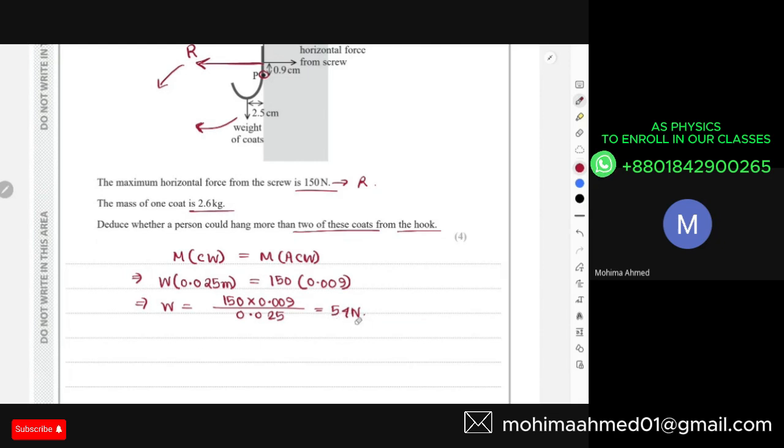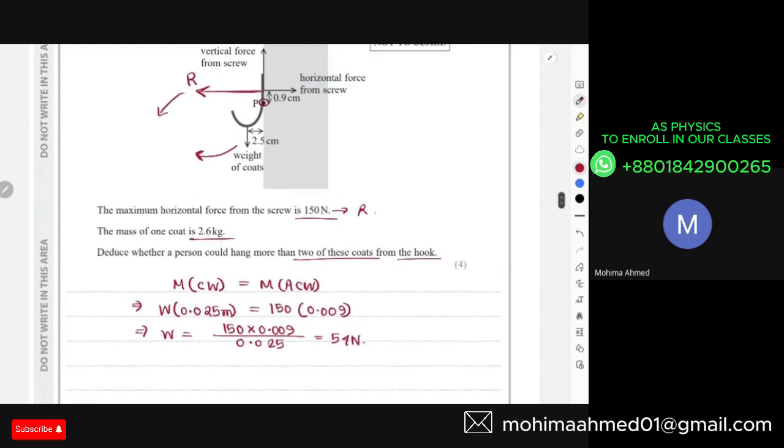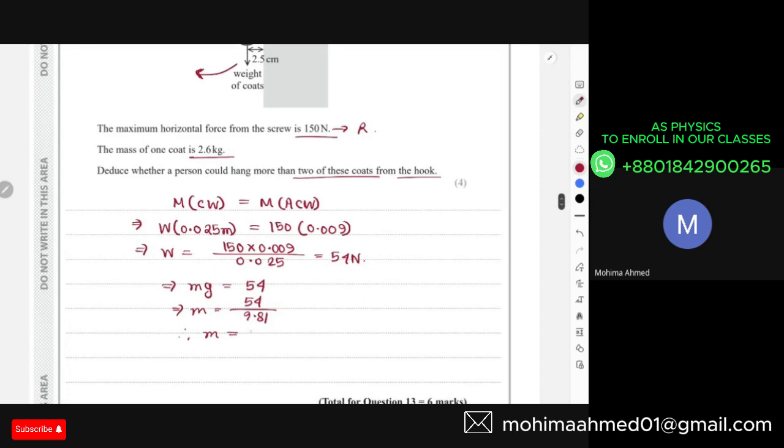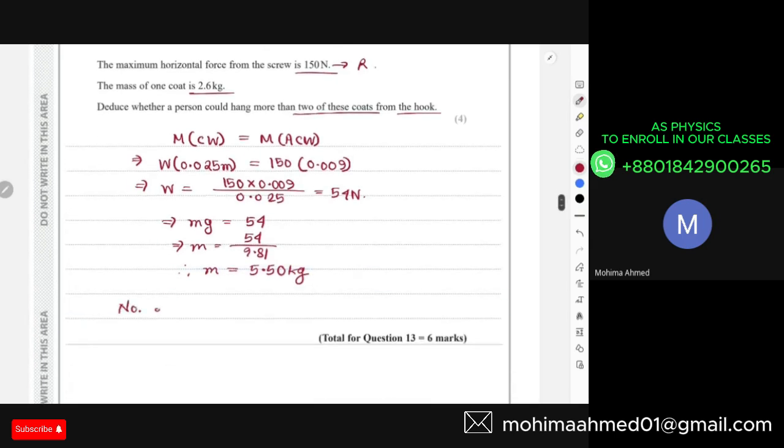If this is 54 Newtons, and the maximum mass that we can adjust is 2.6, that means weight is 54. So I can also break this down as W equals 54. Then the mass will be 54 by 9.81. So from there, we get the value of your mass as 5.50 kg. Now, if you divide this with 2.6 to find out the number of coats,